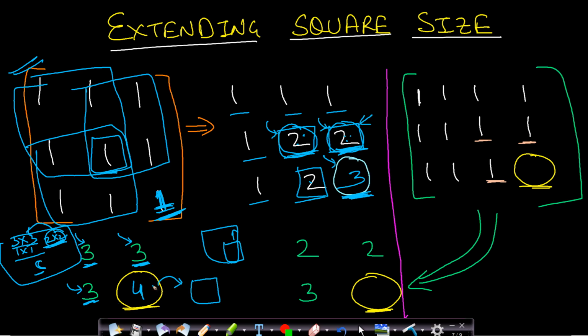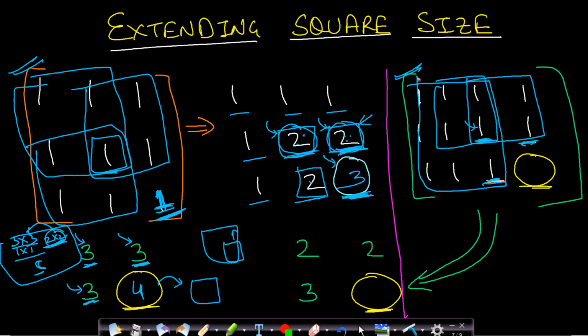Now let me show you an example in the matrix. So let us assume that this is a 3 by 4 matrix. Now we will be seeing these 3 points. At this point, the maximum size of a square matrix ending at this point is 2 by 2. At this point, the maximum size of the square matrix ending at this point is also 2 by 2. And for this point, it is 3 by 3. Therefore, I have already written the values 2, 2 and 3.